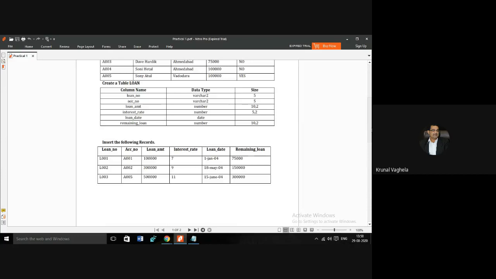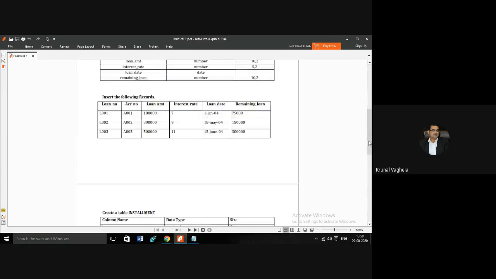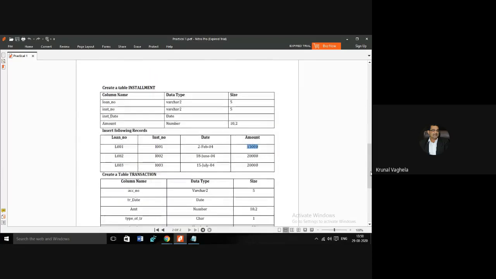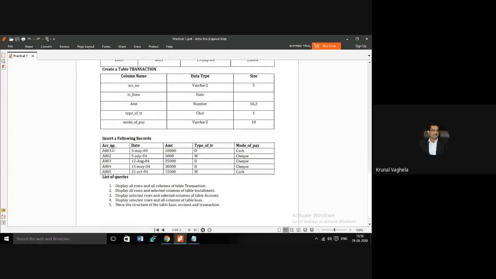And the last table is transaction. Whoever has an account is making some transactions. So the transaction table is this. What does it mean? Account number A001 customer, on the date 3rd May 2004, has made a transaction of 10,000.